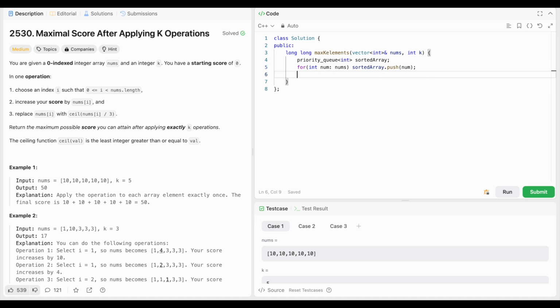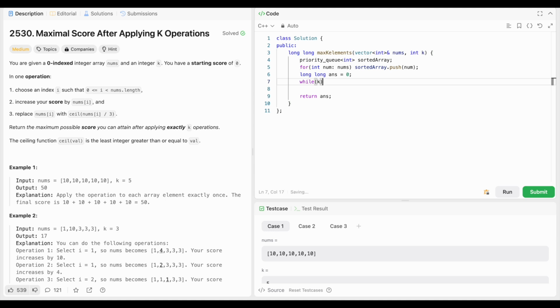Now I need to apply the operation. Before applying the operation, I need to have my result here. That will be initialized as 0, and here I will return it. I need to apply the operation k times. So I'll just say while k, I'll dive in here, I'll say k minus minus. And for each operation, what I would do is that I will take the first element, which is actually int first element